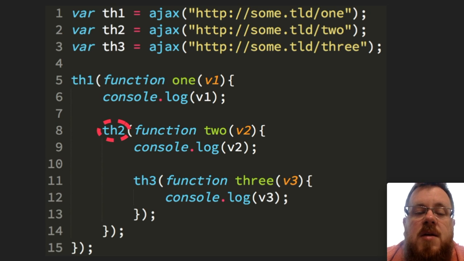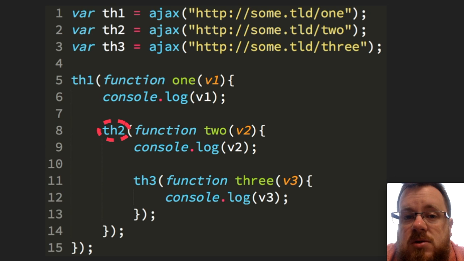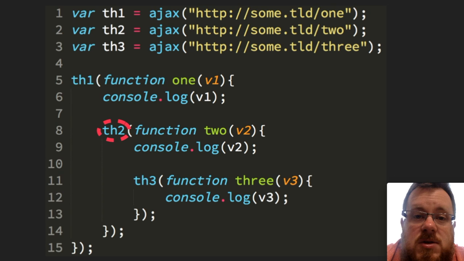Now I want you to think about th2 for just a moment. At the moment that we invoke that, we know the request has already gone out. Earlier, it went out on line 2. But at the moment we invoke th1, of course th1 is already finished. But at the moment we invoke th2, the question is, do we have a response yet or not? There are 2 possible scenarios.